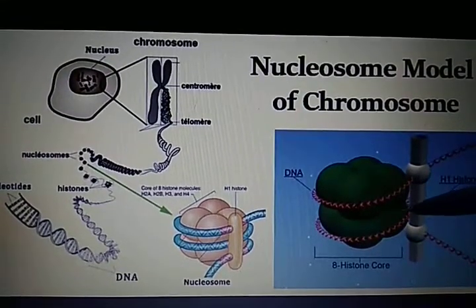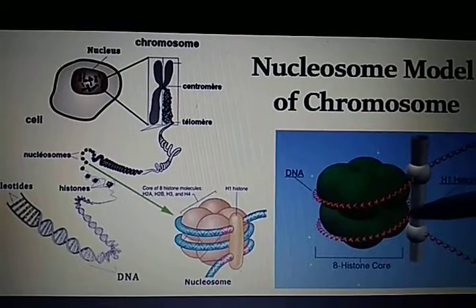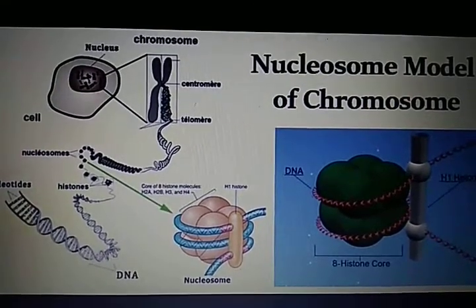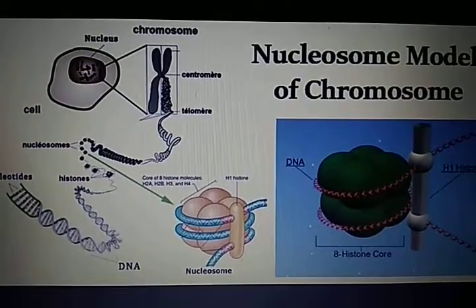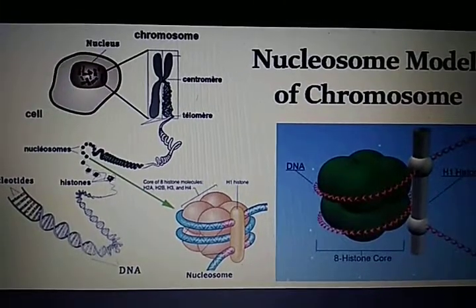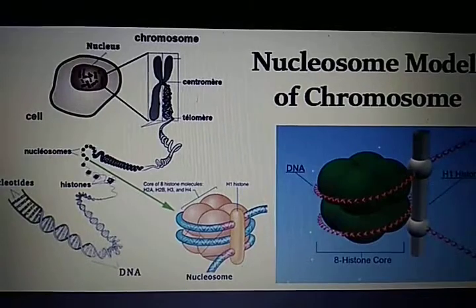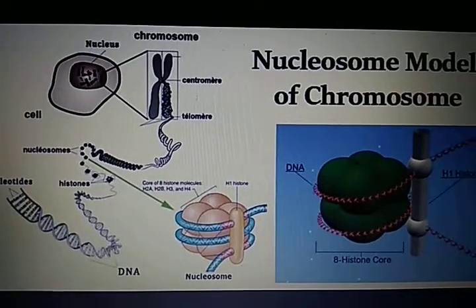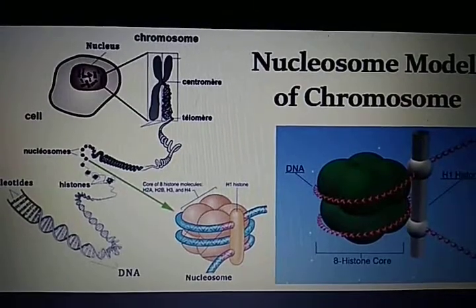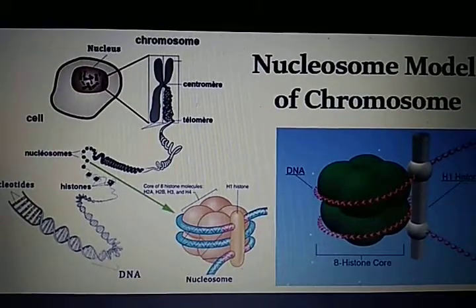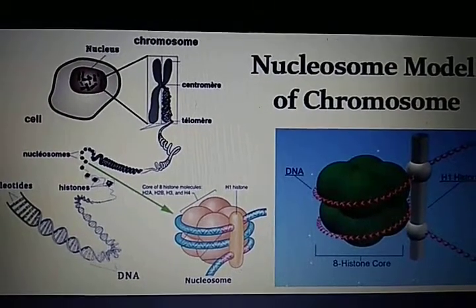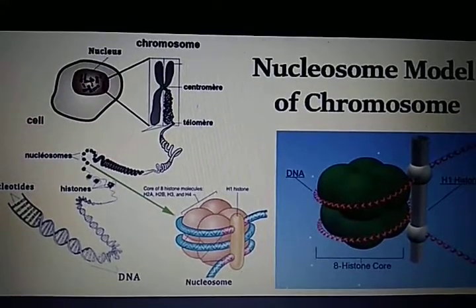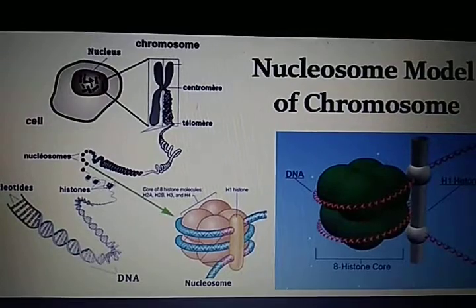Now, there is a chance that the DNA gets slip off. So to protect that DNA, H1 attaches to it, forming a barrier. H1 is present in half the amount of the other 4 histones. This is because unlike the other histones, H1 does not make up the nucleosome bead. Instead, it sits on top of the structure, keeping in place the DNA that has wrapped around the nucleosome.